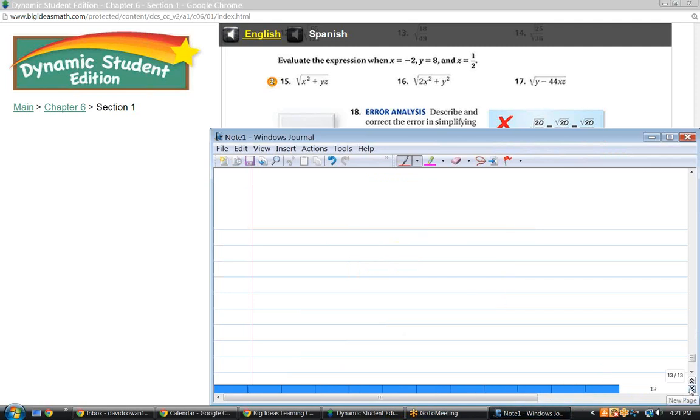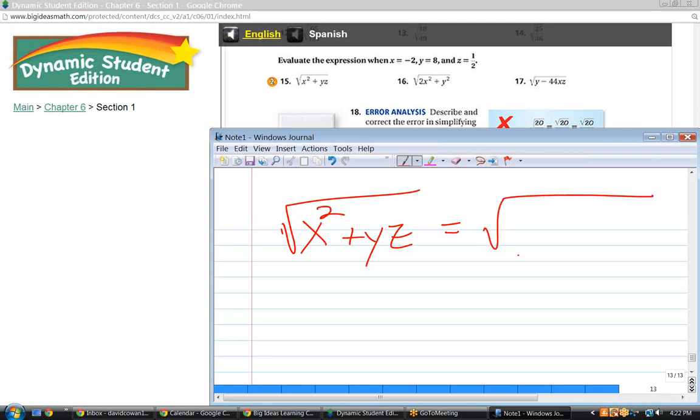Evaluate that expression when x is minus 2, y is 8, z is 1/2. Okay, so x is minus 2. That means minus 2 squared, so negative 4. No, 4. Plus 4. And you get 8. So you get